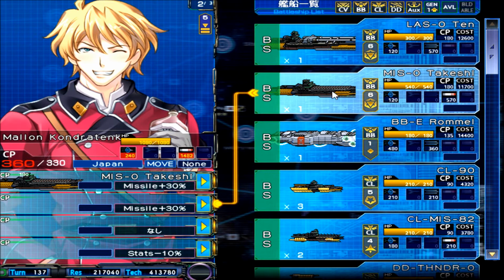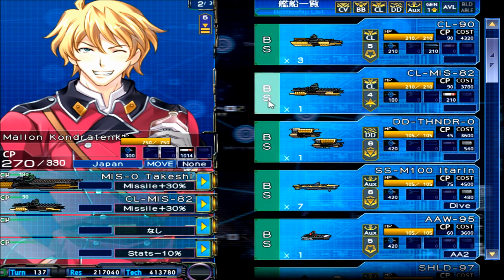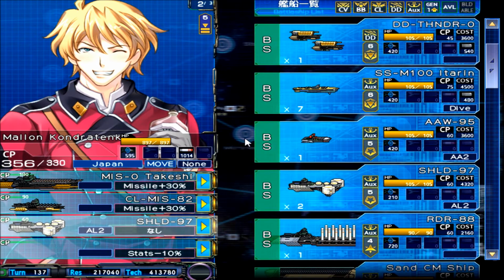Unfortunately, he doesn't have enough CP for you to be able to equip 2 of these, the MIS-0 Takeshis. But you can make do with this. So 60 CP. Doing that is not bad actually, because he's a missile commander. You don't really need to worry about him having too much radar. Once you get 30 more CP after clearing his events, what you can